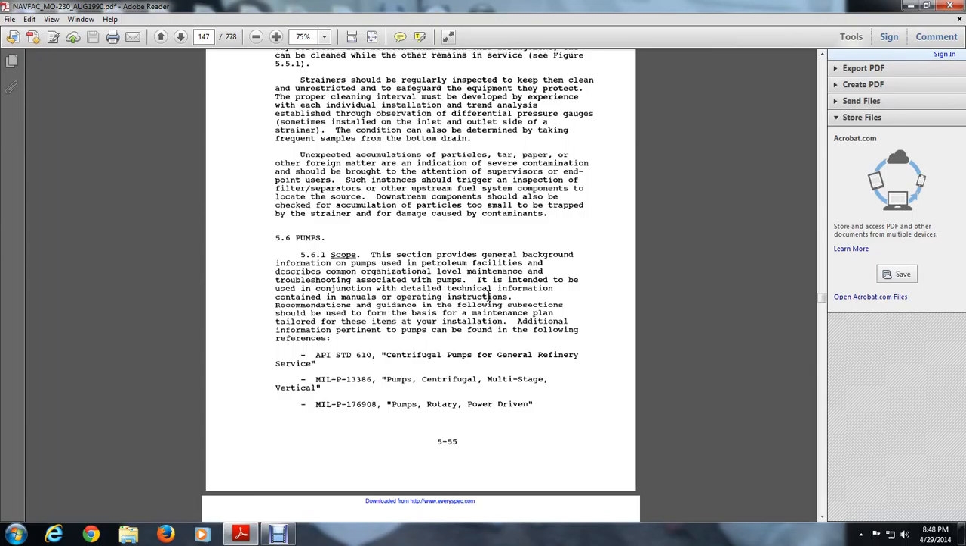It is intended to be used in conjunction with the detailed technical information contained in manuals, operation instructions, recommendations, and guidance. The following subsections should be used as the basis of a maintenance plan and tailored to these items at your installation. Additional information pertaining to the pumps can be found in the following references: API Standard 610, Centrifugal Pumps,